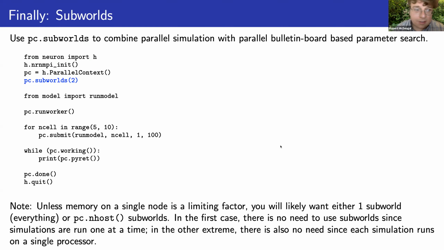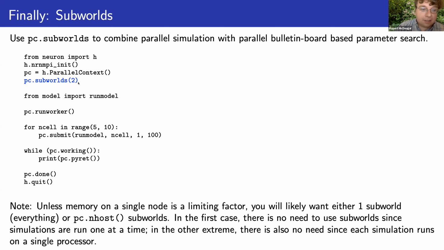And finally, just to end for today, you can actually combine parallel simulation with parallel bulletin board parameter search. Again, you're probably better off not doing this. You're probably better off doing just the bulletin board style, or multiprocessing style, of parameter search, wherein one process does one calculation in serial, because that way you don't have to do any communication. But if you wanted to split things into pieces,